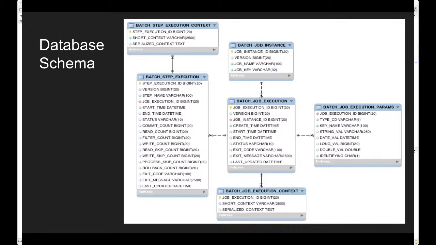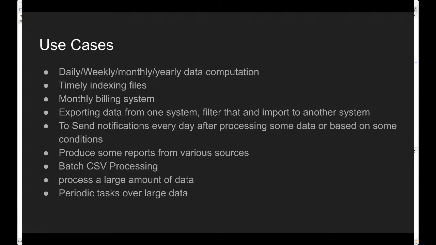Okay, so here are the use cases of our batch job. The first one is, let's say we want to compute or process some data and save it somewhere in a timely manner. It could be a daily, weekly, monthly or yearly update. We can do that with our batch job. You can include the billing system, like when we receive a bill for our telephone or internet. It could be anything, something like we want to export data from one system, filter it and import